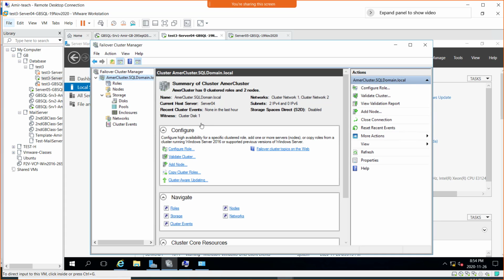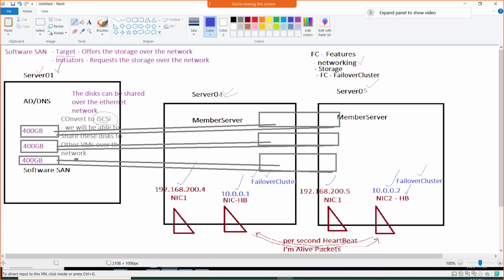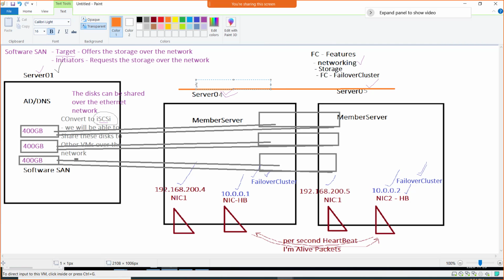That done, confirmed. Then if we go back to the diagram, we have not only installed the failover cluster feature on both nodes, but we have also configured our failover cluster. So I would just try to make it as this, that on top of this now there's a failover cluster feature,